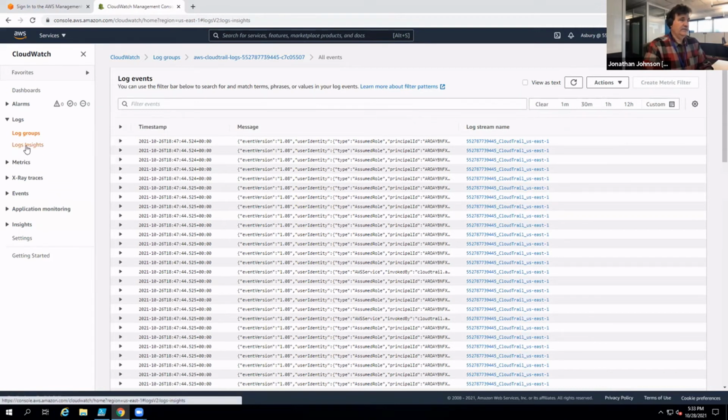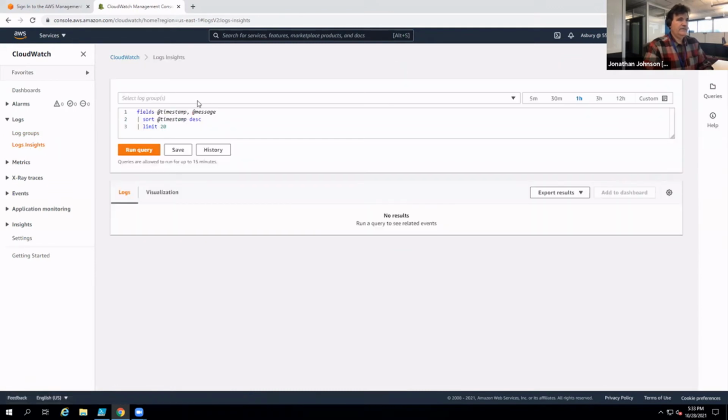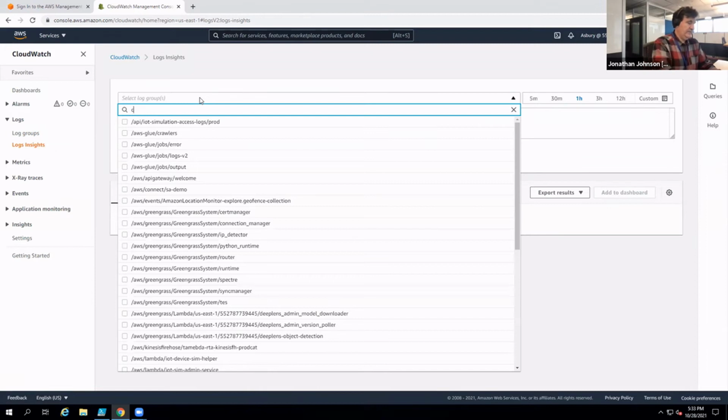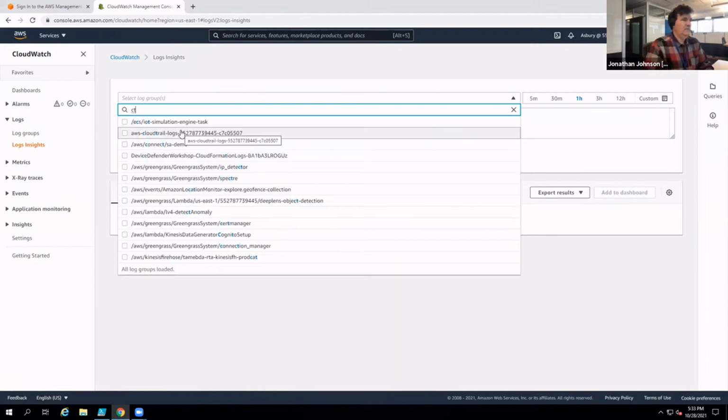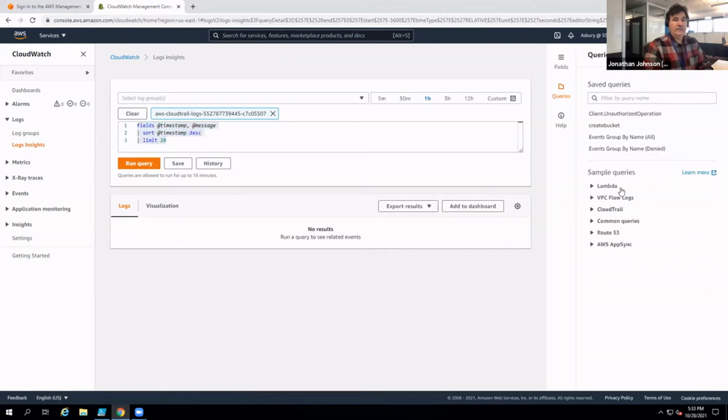So what we can do here is find the log group again, and now we can run some queries on this log group using something similar to SQL. I've got some queries over here. There are some that are created by default, but I've created these. So let's look at, for example,